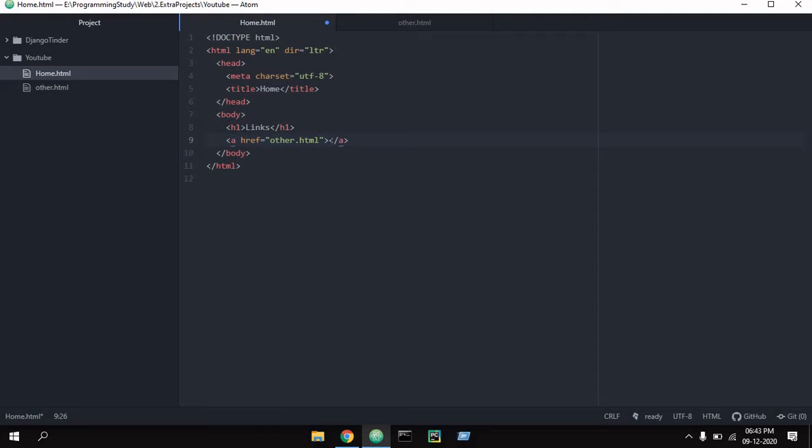So pretty much it, other. Now we will run it and see in the browser. You can see when I click this other link, it takes me to the other.html file, but it does not open a new tab.